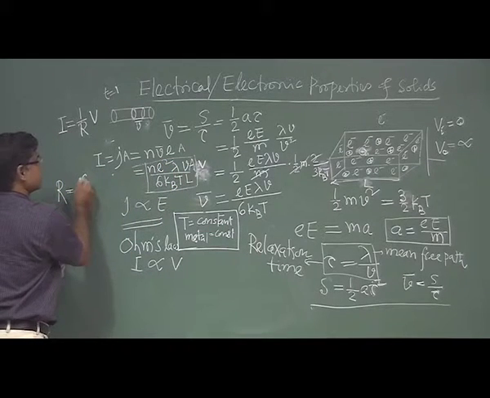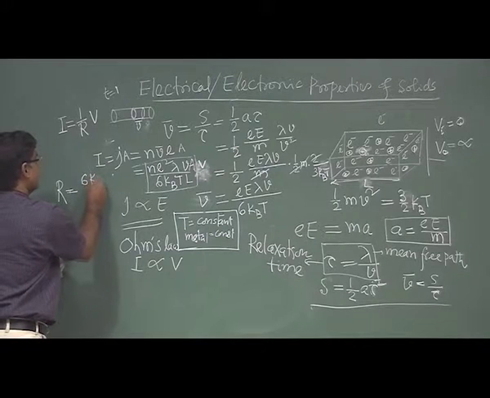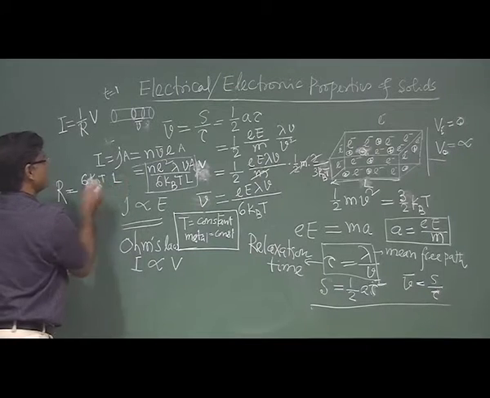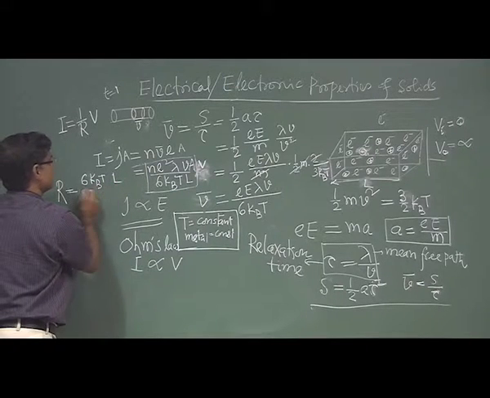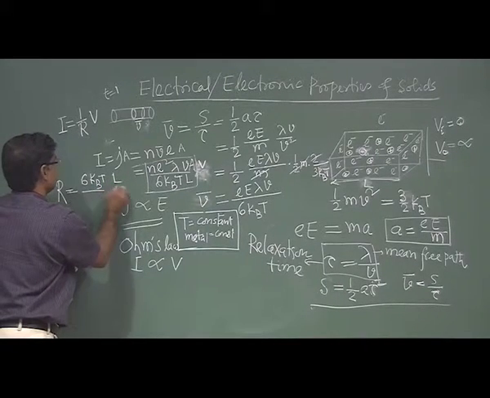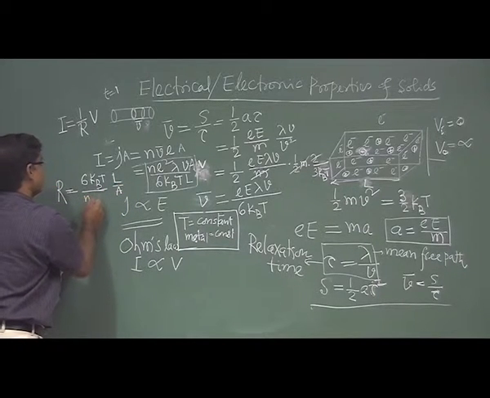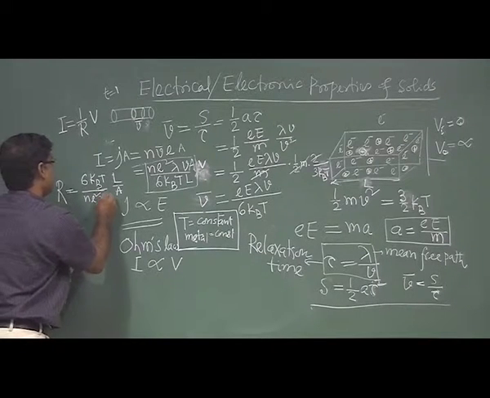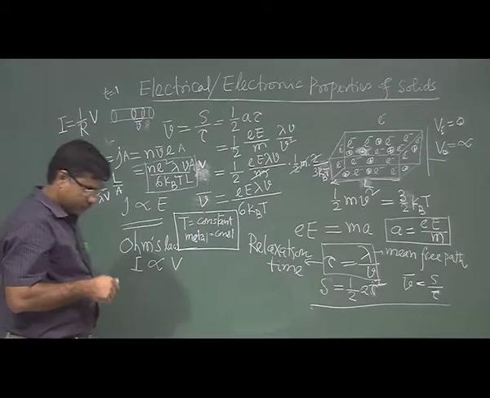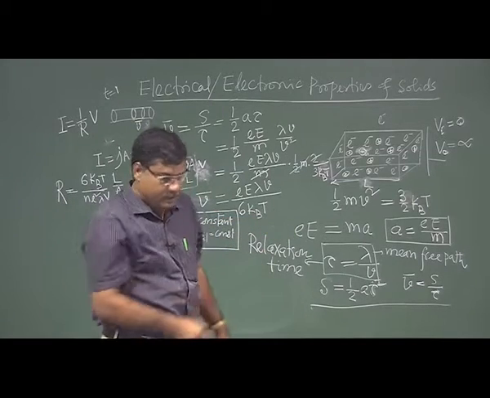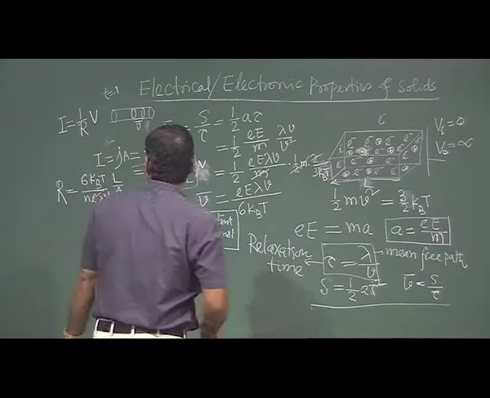So, R equals 6 kB T L by n e square lambda v, right. So, this we can write,